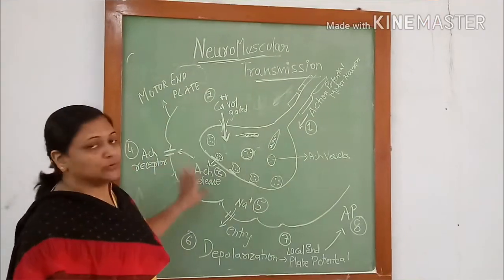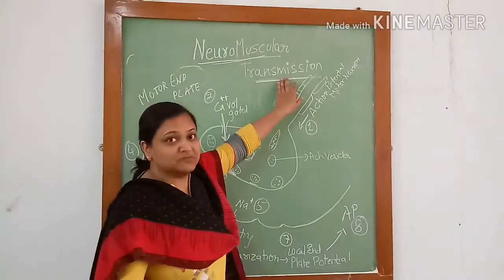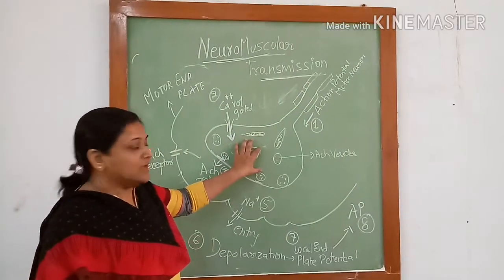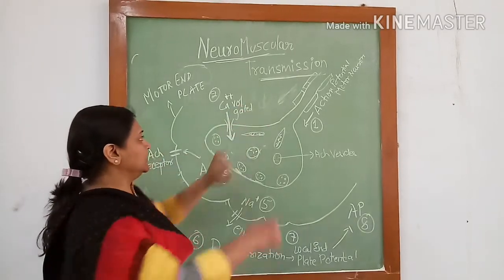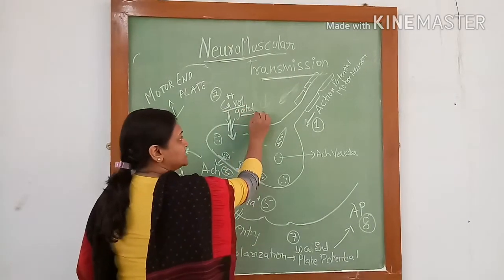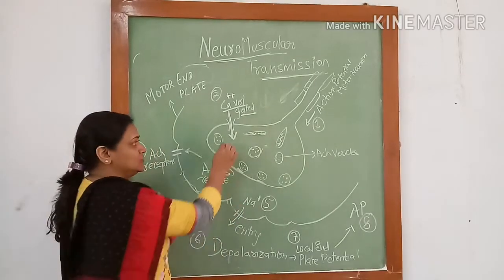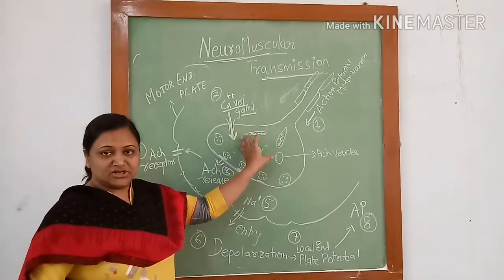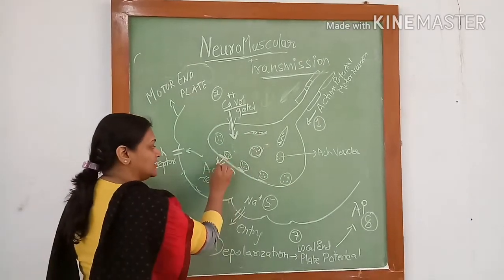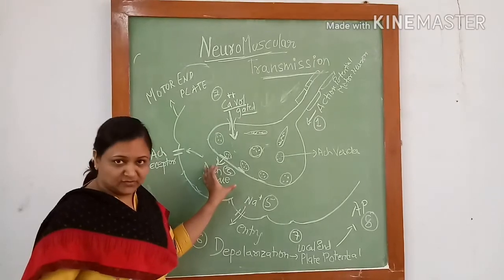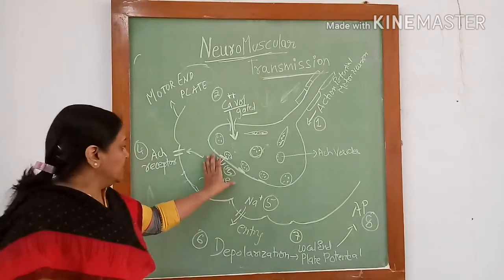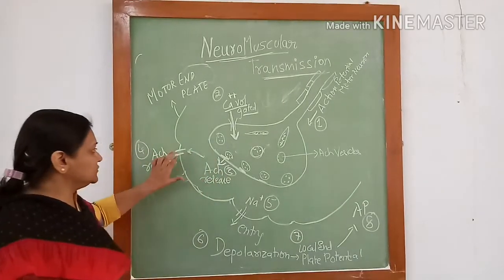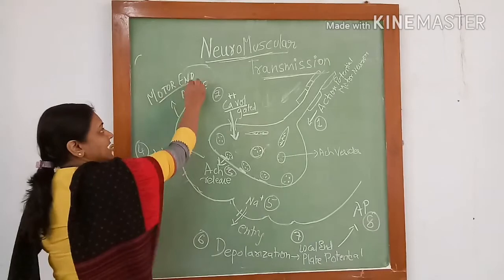Now let us go to the process of neuromuscular transmission. When an action potential arrives at the terminal buttons, there is opening up of calcium channels. These are voltage gated calcium channels, which lead to entry of calcium inside the buttons. Due to entry of calcium, there will be release of acetylcholine by the process of exocytosis. When the acetylcholine is released in the synaptic cleft, it attaches to the junctional folds on the motor end plate